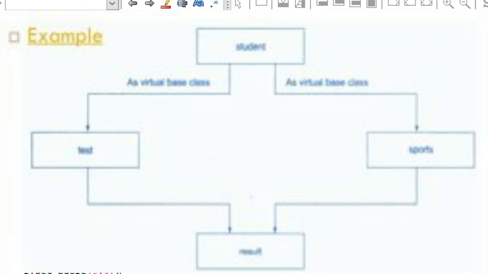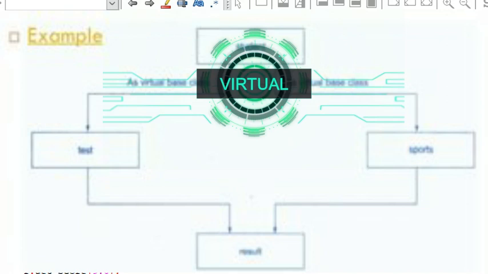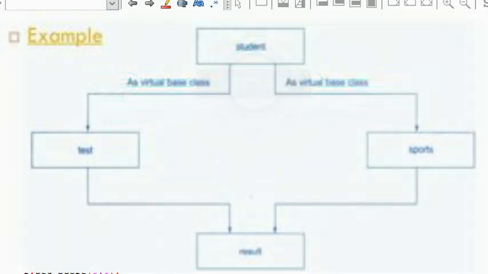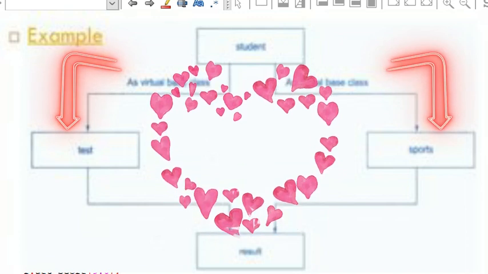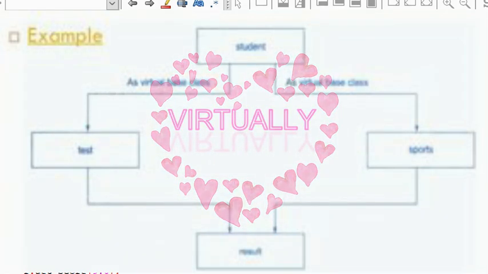To avoid this ambiguity, I'm introducing virtual in student. That is, I'm making the base class as virtual. So every time you want to inherit the properties from student, you should be inheriting as a virtual student, either the test or sports. These test and sports are going to inherit from the student, isn't it?